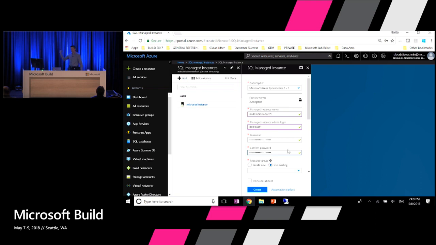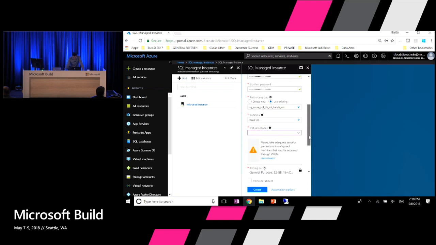So you create an admin password, like a sysadmin password, and then you can specify the resource group you're going to use for this. I'll use this one for a specific reason, and then there is a region. Managed instances are located in a region, and you specify the region. For this session, we can create only in West US, but basically you have all available regions here.